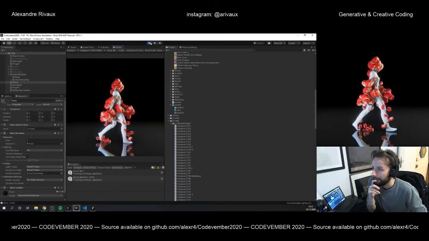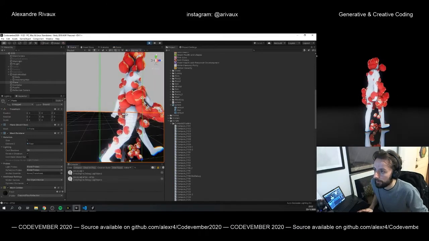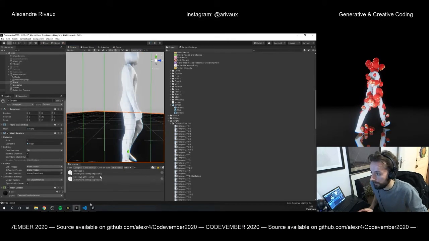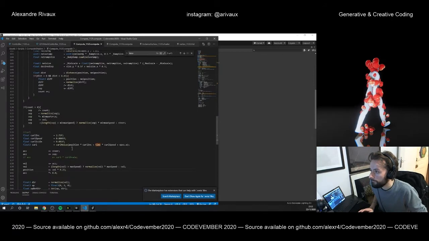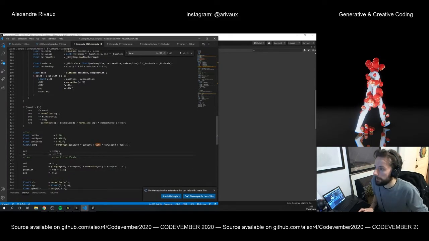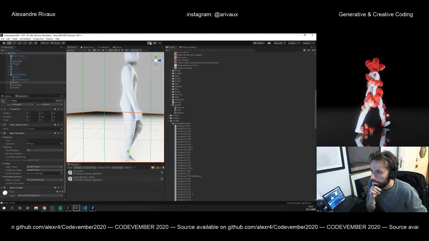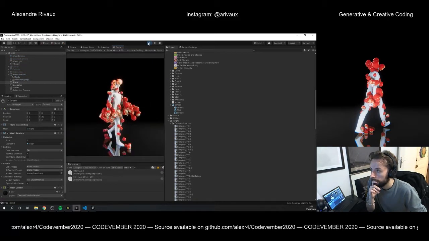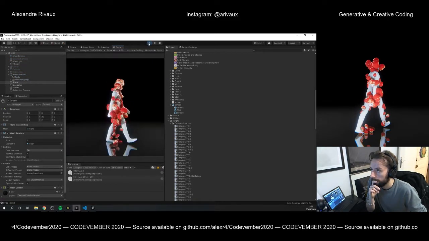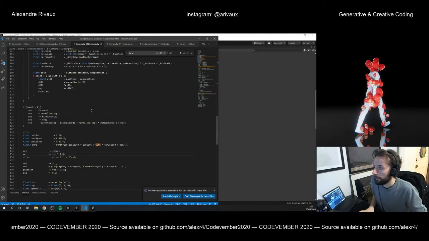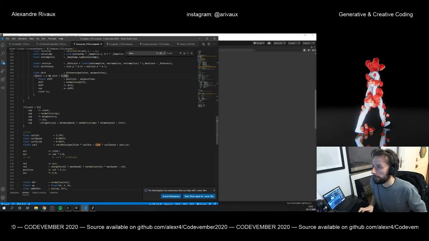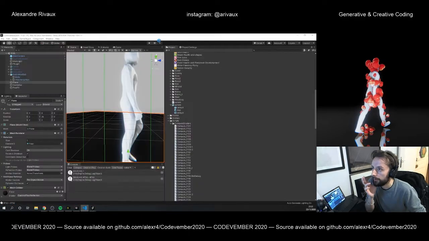And we still have some elements which seem to be colliding. So let's increase the separation to be sure. And I think we would need to increase this little guy here to avoid them